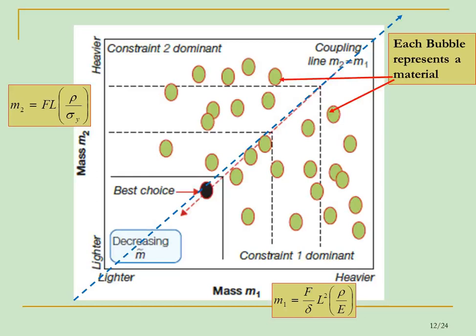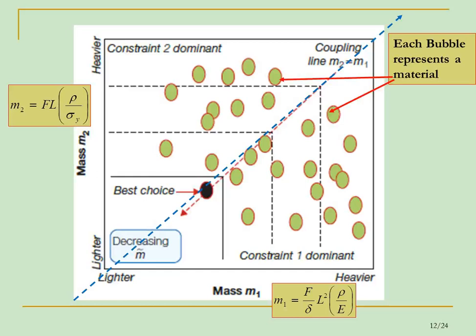We have already said that the problem with working with the absolute values of m1 and m2 is that the solution becomes dependent upon FL and delta. It is not independent of the values of FL and delta, which are what we call the design variables. If I want the solution to be independent of FL and delta, we need to do something else.